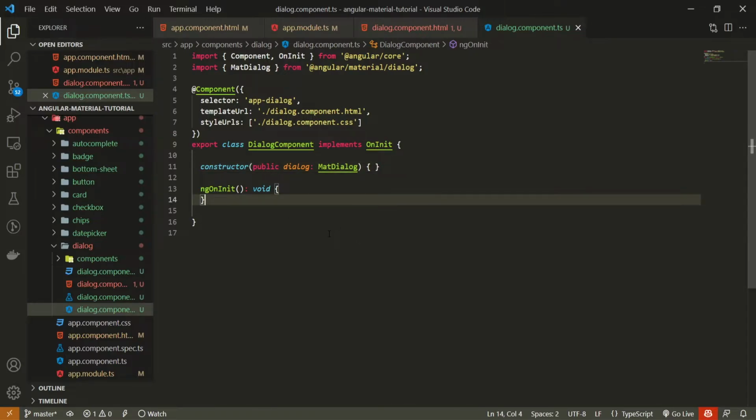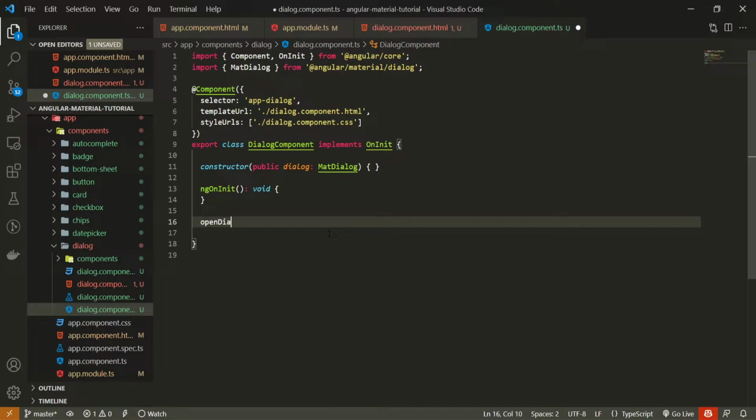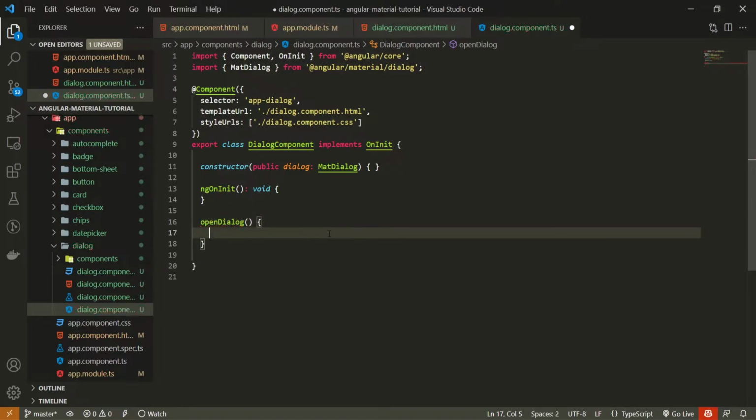Right after my ngOnInit, I will create the openDialog method here, and inside of this method I will create a const of dialogRef. This dialogRef stands for a dialog reference. This reference obviously needs to be set to something, and in our example it will be set to our dialog, to reference that dialog.